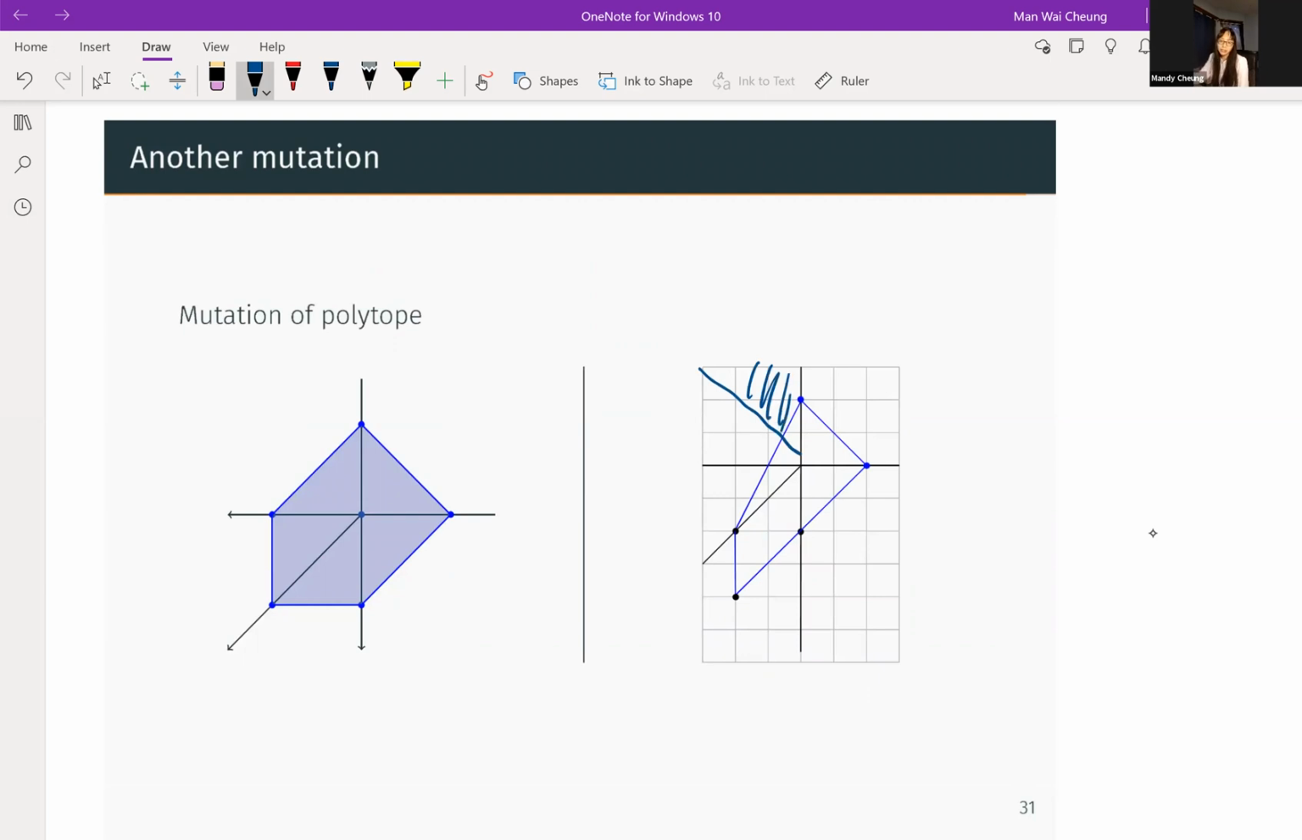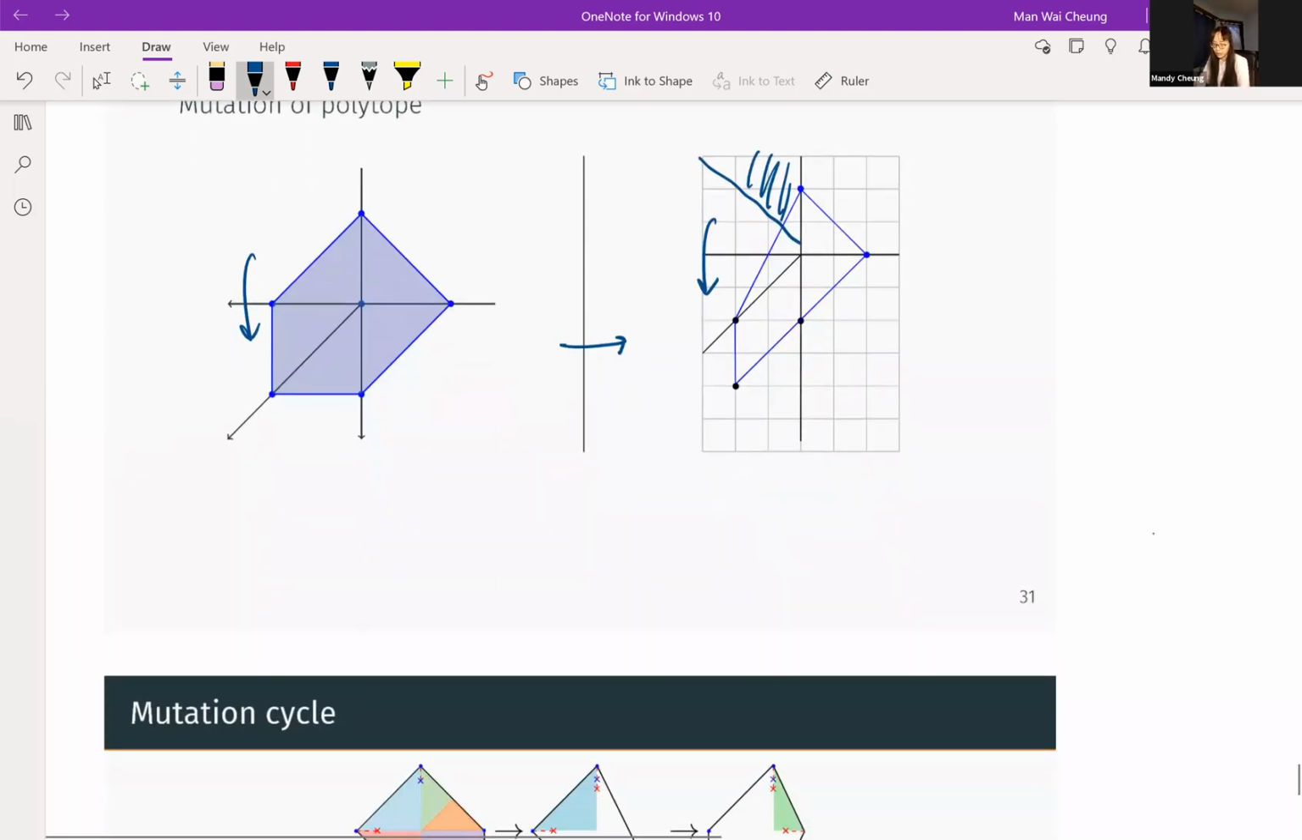That actually I'm doing some shearing as well. You can see I'm doing some shearing of this polytope to the other one, but it's not in the cluster mutation sense. If you go straight back to the definition of the cluster scattering diagram, what we have is